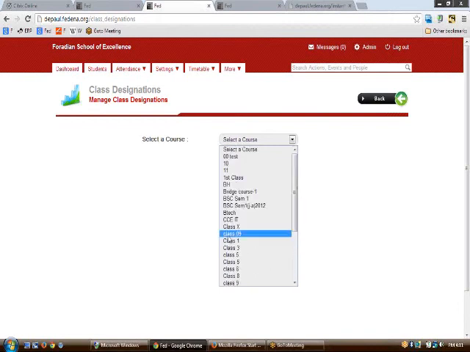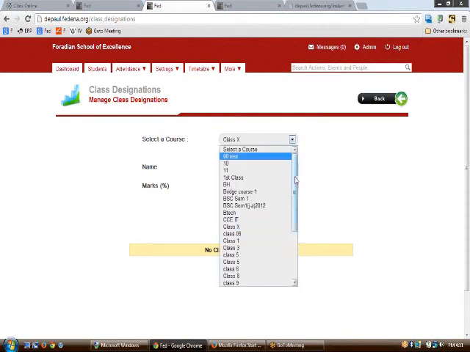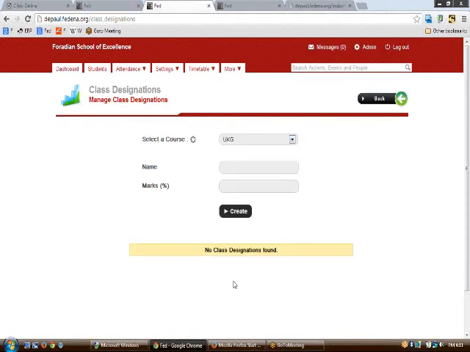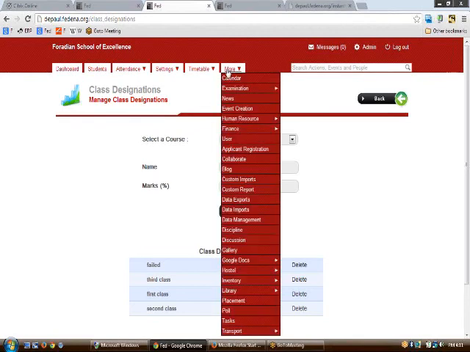Let us say you have selected class 10 here, or the batch that you have created is, let us say, UKGB. So again in UKG, you could name a class designation like first, second, and third, and failed. So every time a person scores a particular range of marks, they would come under that particular designation. So this is all about the designations part.